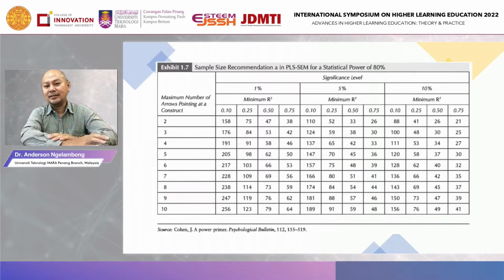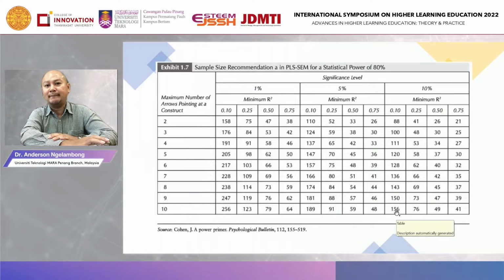So as an alternative, you can refer to this table. This table also means the same thing, but this is the ready-made numbers, just like Krejcie and Morgan, but this is based on PLS-SEM, structural equation modeling. This is based on the statistical power of 80% or 0.8, and this statistical power is the minimum requirement